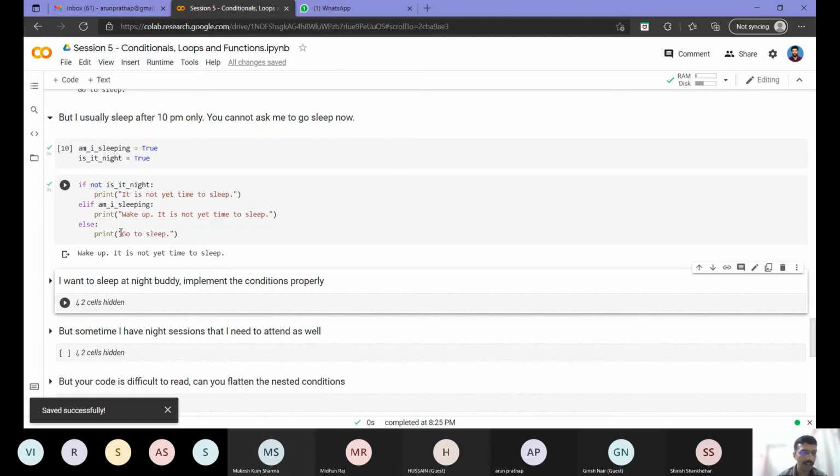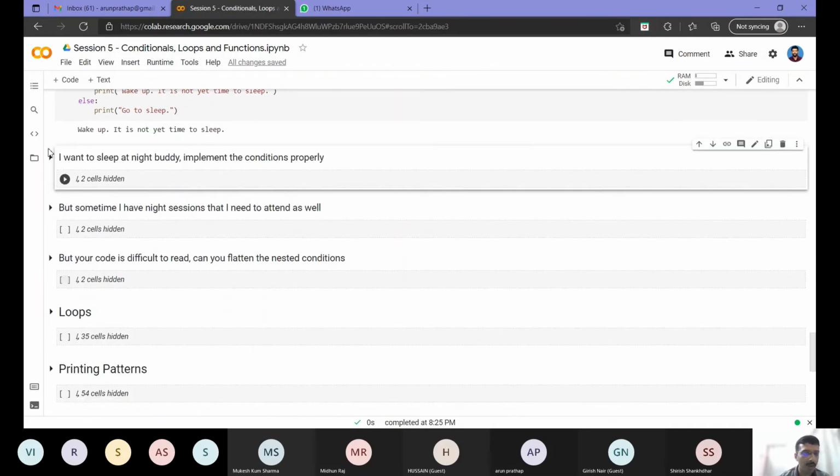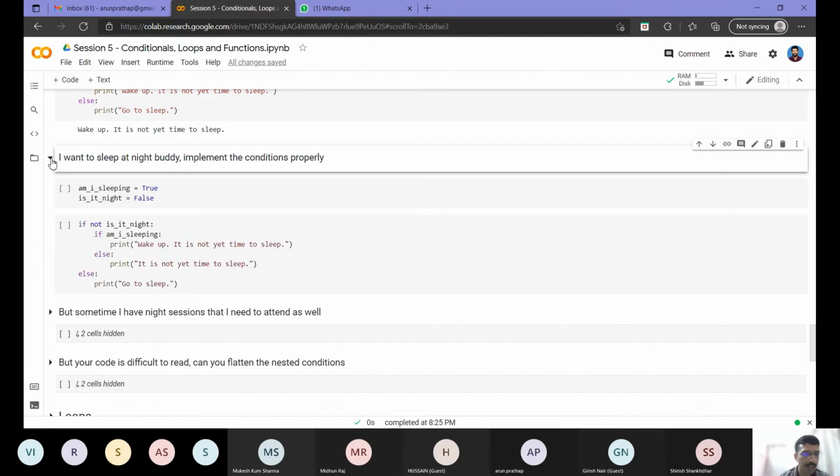That is why I gave this example with the wrong logic for am I sleeping and is it night, so that when you debug the program, you can tell, okay, this is not what I want for this input. I want to sleep at night, buddy, implement the conditions properly. So let's see how the buddy implements it correctly.